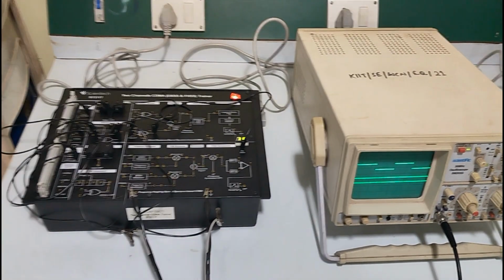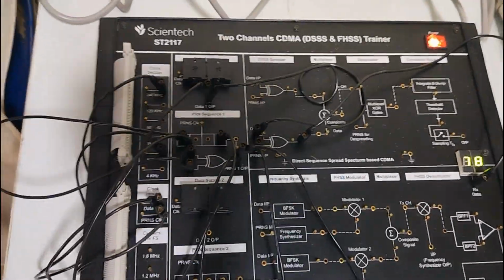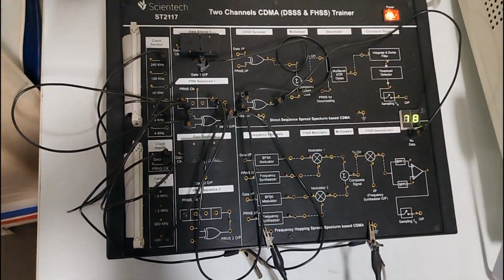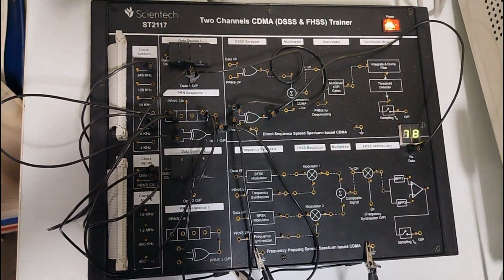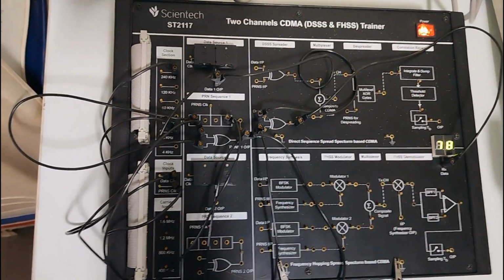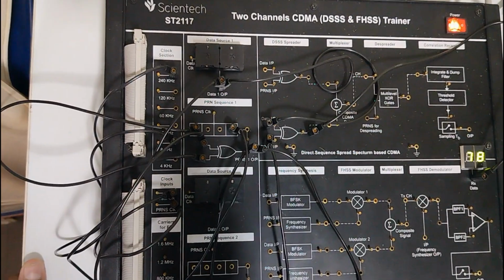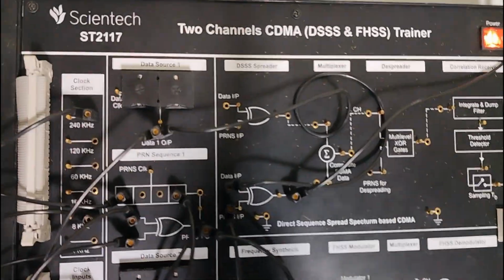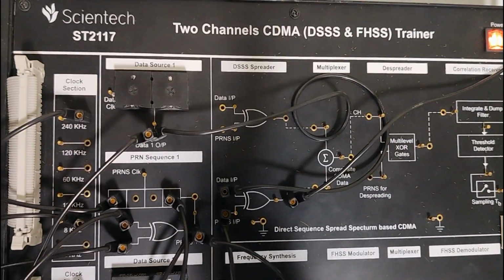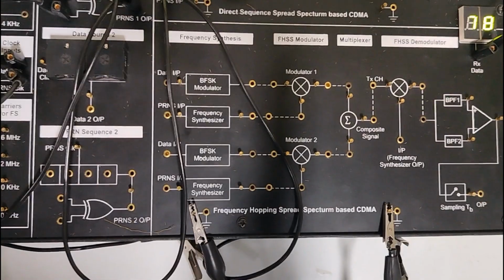This is the code division multiple access trainer kit. So here the students would be able to do experiments on both direct sequence spread spectrum. So this is the block for direct sequence spread spectrum, and this is the block for frequency hopping spread spectrum.